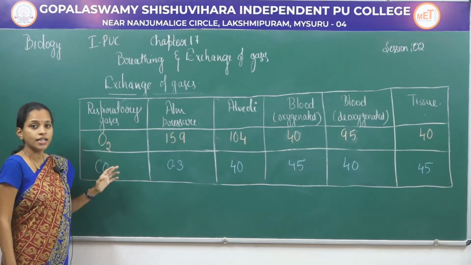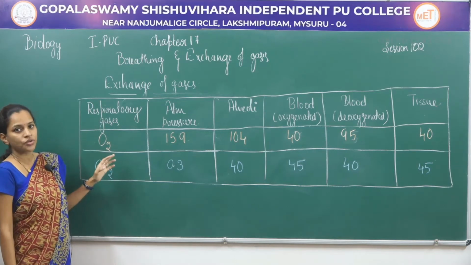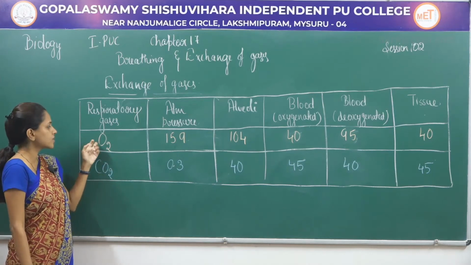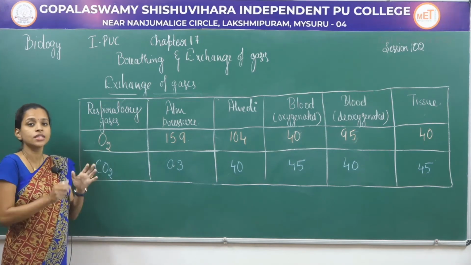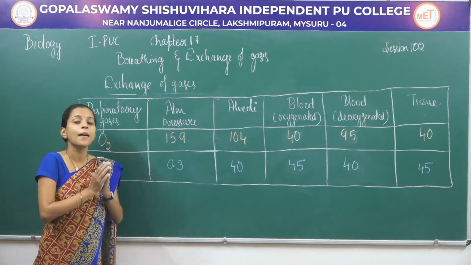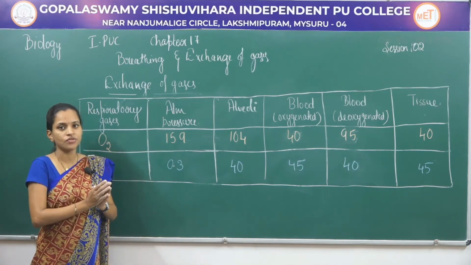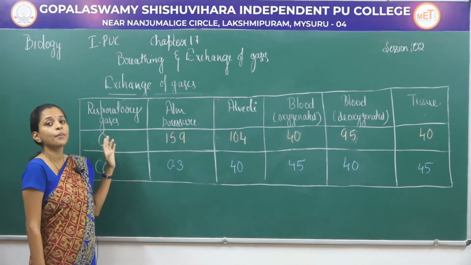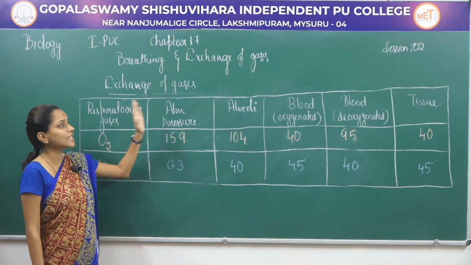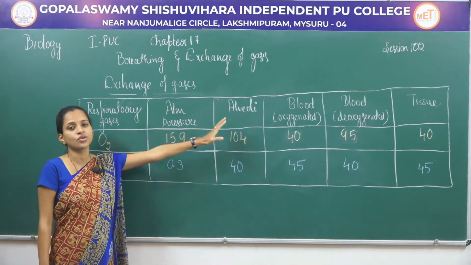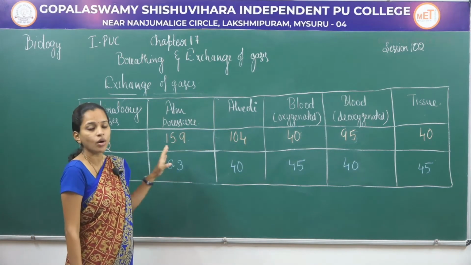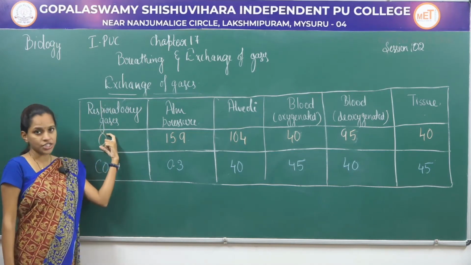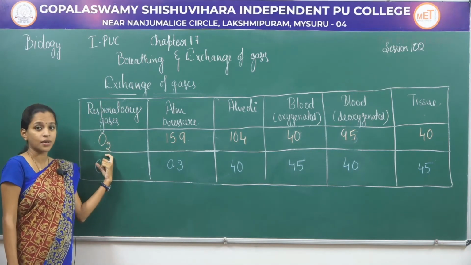This is a chart which represents the partial pressure of oxygen as well as carbon dioxide. Why am I considering only these 2 gases? Because these 2 are the only ones which play a major role in the respiration of human beings. So these 2 gases have pressures which are present in different forms in different parts of the respiratory system along with the atmosphere. So when it comes to the respiratory gas oxygen and respiratory gas carbon dioxide,